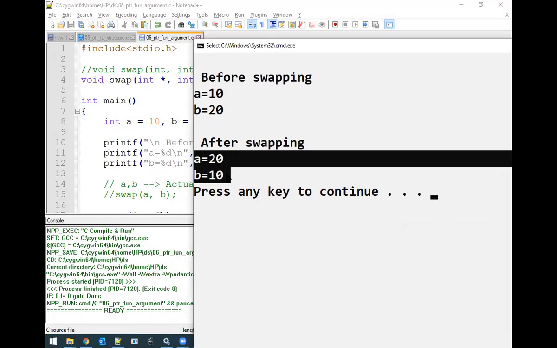Now we could modify the values of actual parameters by modifying the formal parameters. This concept is called pass by pointer. Sometimes we also call it pass by reference.